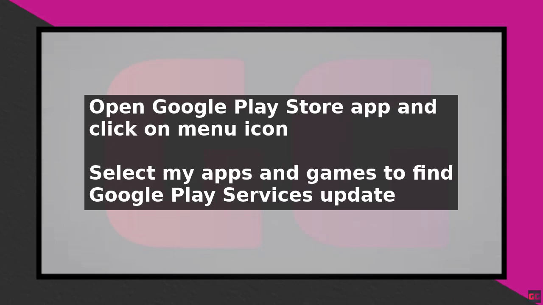If you are still unable to update Google Play Services, try clearing the cache and data of the Google Play Store app and the Google Play Services app. To do this, go to the Apps info page and select the Clear Cache and Clear Data options. Finally, restart your device and try updating Google Play services again. If you are still experiencing issues, consider contacting your device manufacturer or a professional for further assistance.